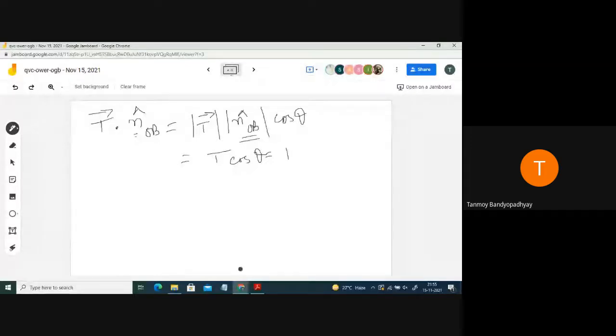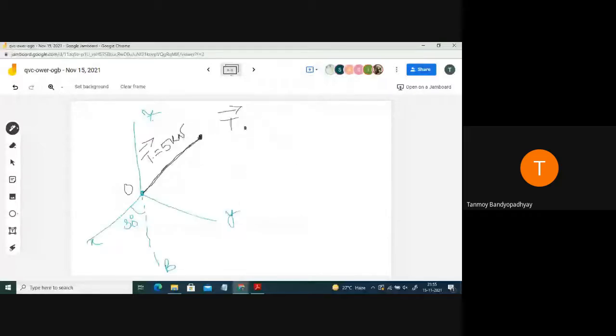So in order to find TOB, what you have to do is a dot product of the force vector with a unit vector in the direction OB. So unit vector বের করার জন্য, in this case I have discussed actually. So what you have to do is you have to take R. You don't know the distance actually. So just at any distance R, you assume any point at a distance R. So that point will be having some x, some y. So that will be having two components. So this will be your R cos theta and this will be your R sin theta.